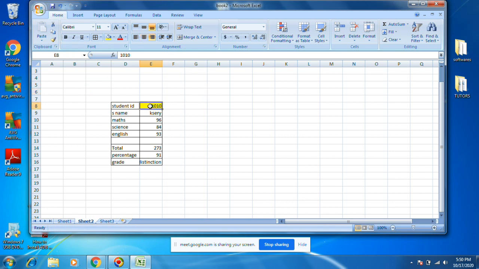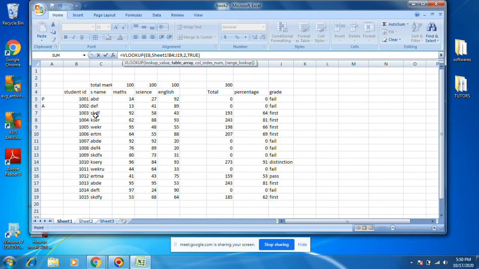This one, Sheet1, it is coming. You see, Sheet1, in this Sheet1, B4 to J9. B4 to J9, it is there.